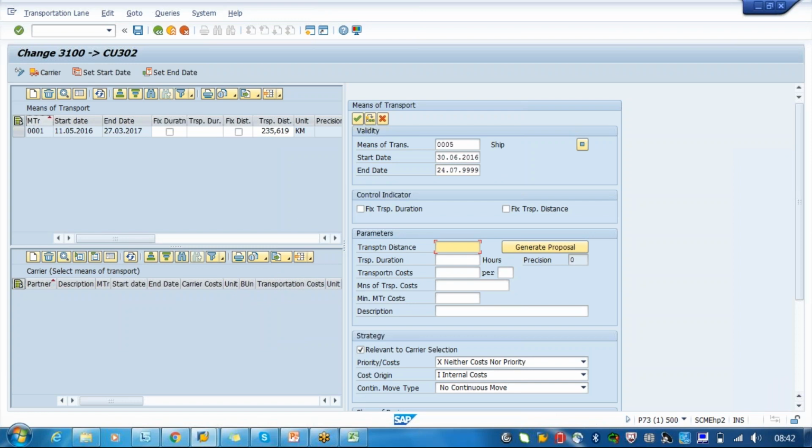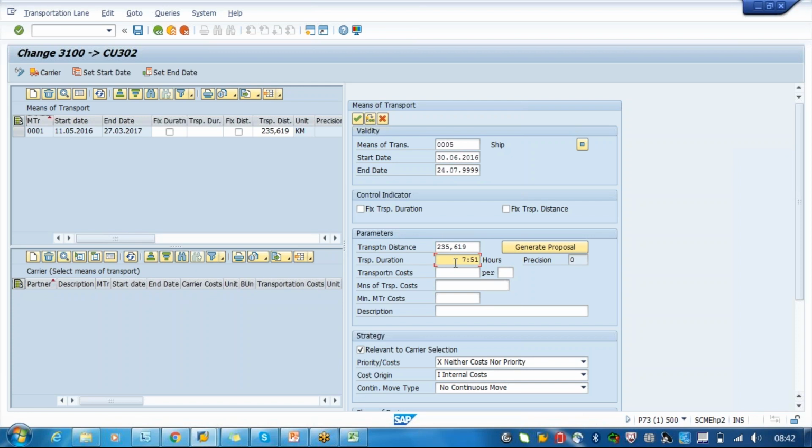So what is the distance between the 31002 and the customer? If you say generate proposal, automatically based on the address details, the country and all, the system will come up with it. So this is showing 235,619, and it will take some 7 hours.